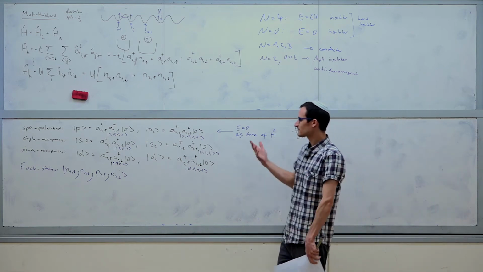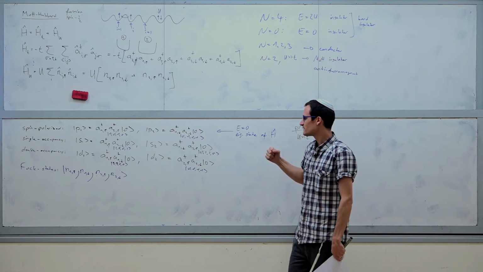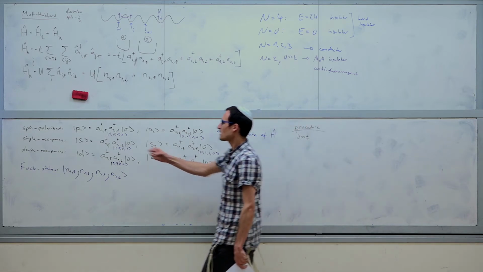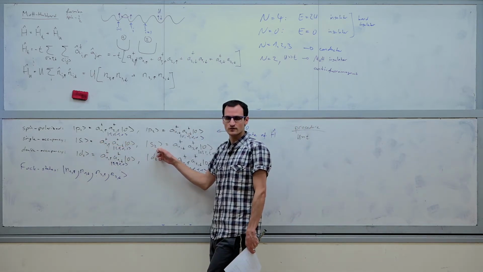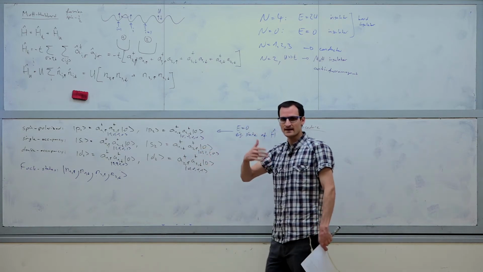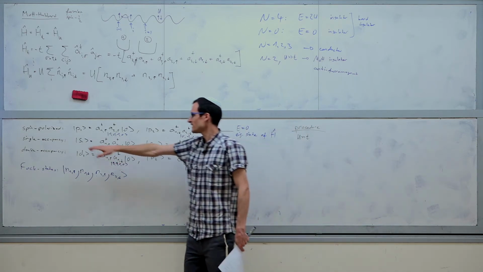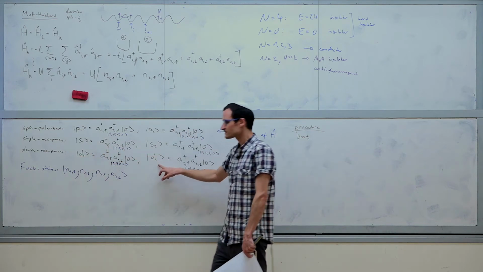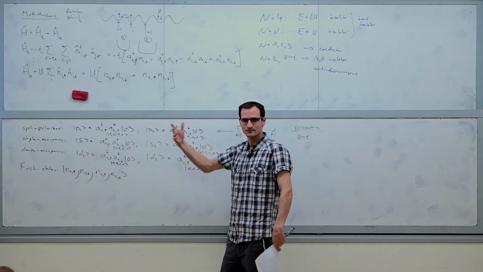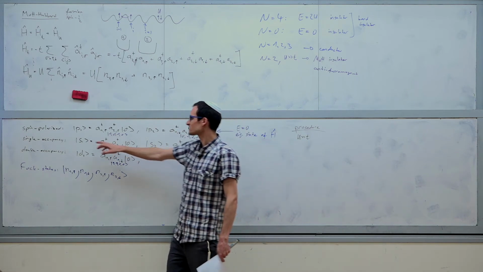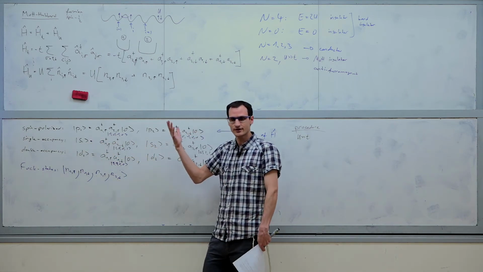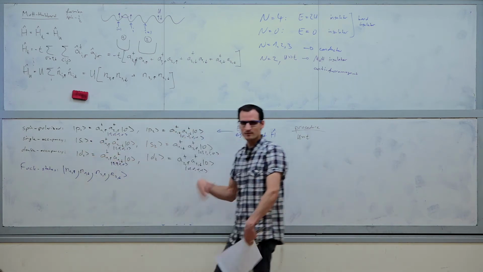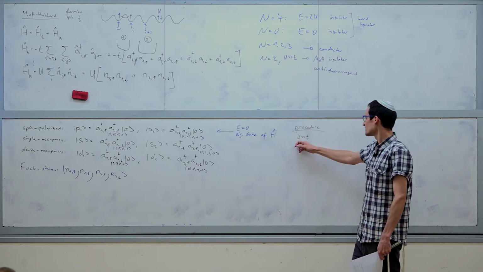So we expect in the eigenstates that the main contribution comes from S1 and S2. If you write the eigenstates as a superposition of A times S1 plus B times S2, or C times D1 plus D times D2, some coefficients, we expect the coefficients of the S states to be much larger and the coefficients of the D states to be much smaller. And the limit where U is